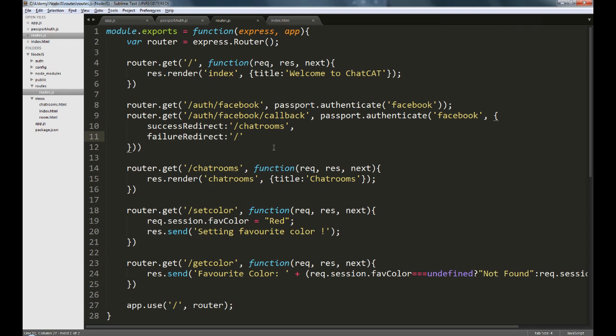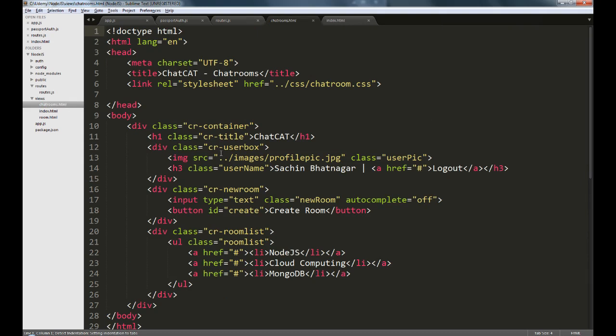So once this is created, the next thing that we will do is we will go to our chat rooms route, and we're going to pass in a user attribute, and we're going to set this to request.user. So once the authorization is successful and we are redirected to the chat rooms route, our request object now contains the user profile, and this user profile contains our profile pic, contains the full name, and contains the Facebook user ID. We are passing this data to the chat rooms page because we can then display the profile pic over